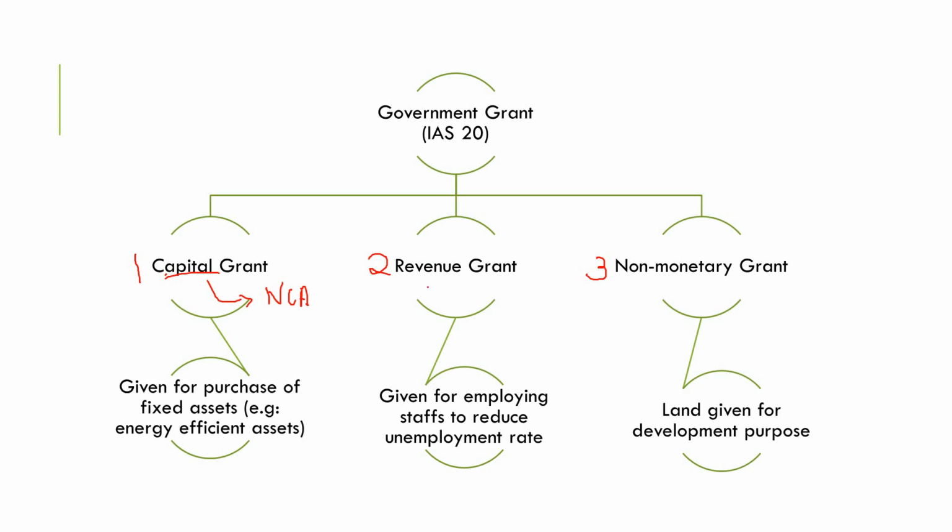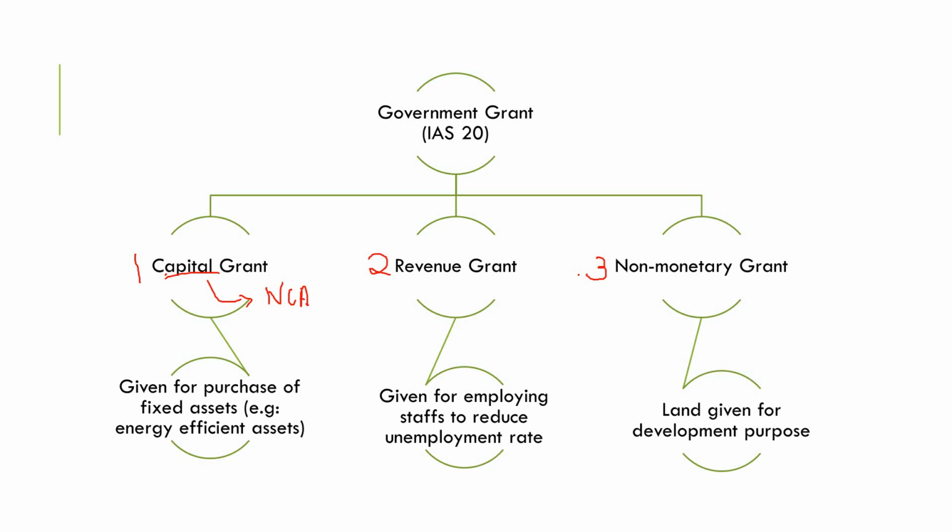All right, so the second type of government grant is the revenue grant. The revenue grant is given by the government to the businesses, especially when, let's say, the country is facing a high unemployment rate. So the government is trying to reduce the unemployment rate. So they are offering government grant to businesses who are willing to hire these unemployed graduates. They give them some kind of financial assistance, maybe in terms of recruitment, in order to encourage the businesses to employ the